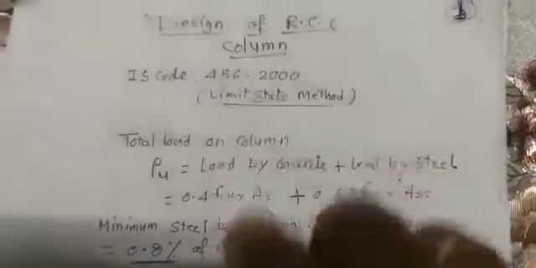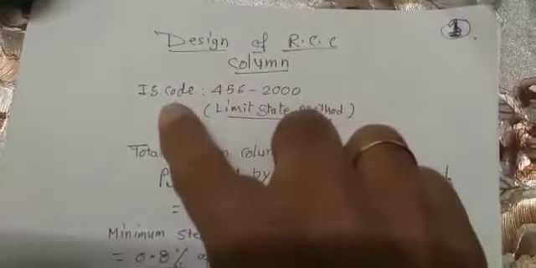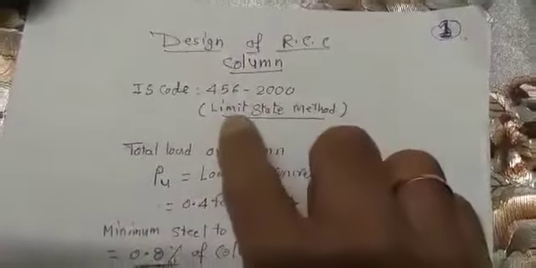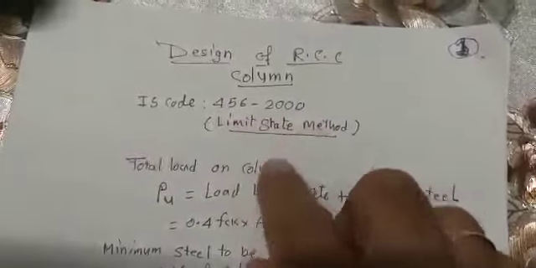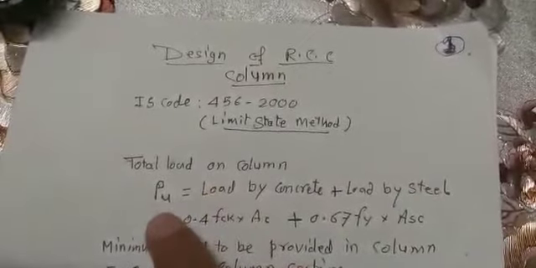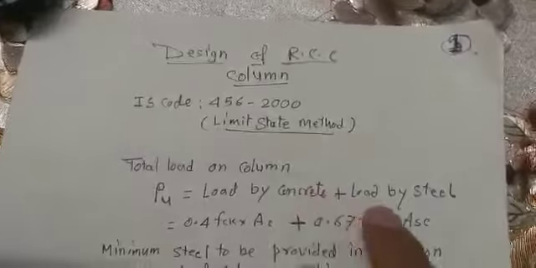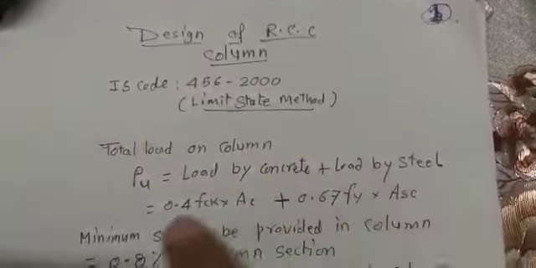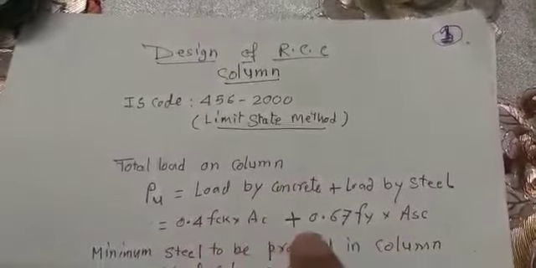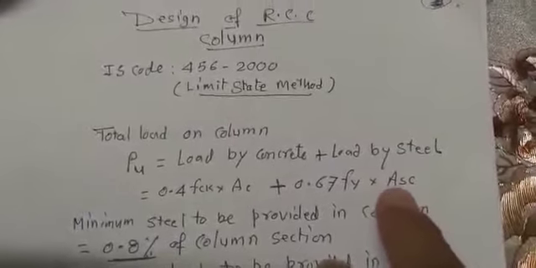Today I am going to discuss the design of an RCC column using IS 456:2000 by the limit state method. The total ultimate load on the column, denoted by Pu, is equal to the load taken by the concrete plus the load taken by the steel. So we can say Pu = 0.4 fck Ac + 0.67 fy Asc,